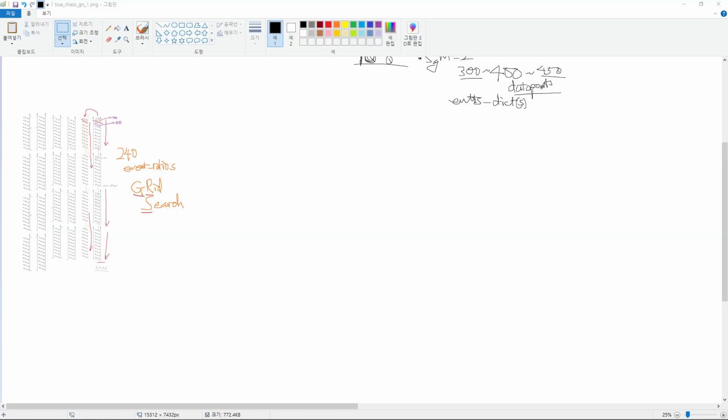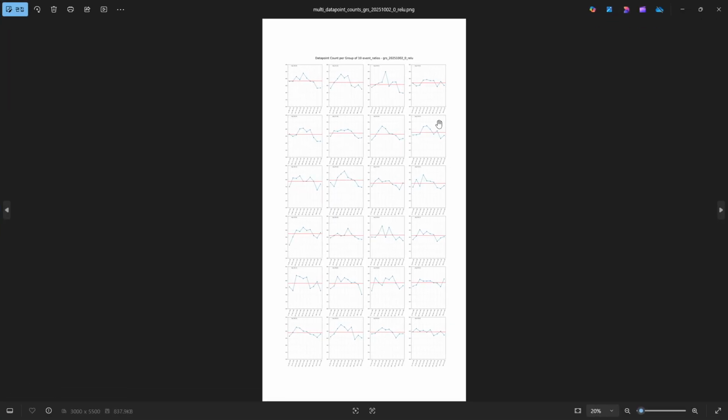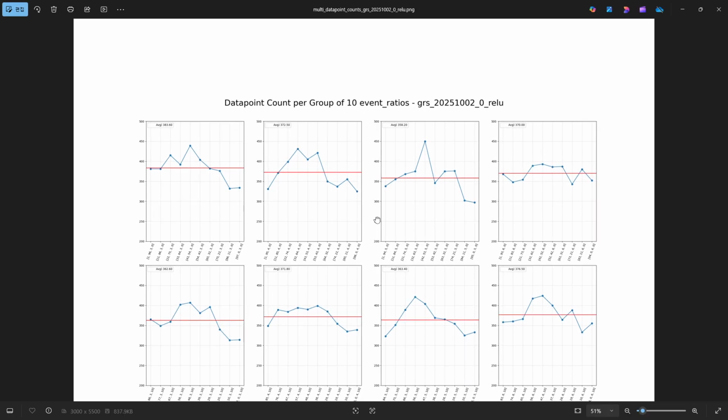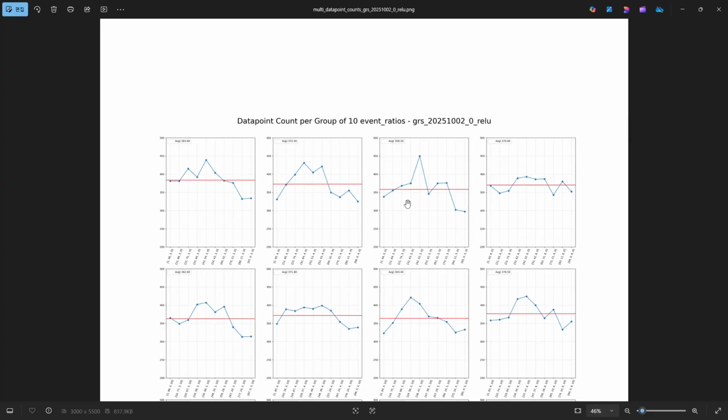Okay, let's have a look at the first run. This is the first of the 5 runs that I'm actually using to compare, and this is for the data point counts for the 10 event ratios, 10 entity event ratios. And what you can see here is that, well,